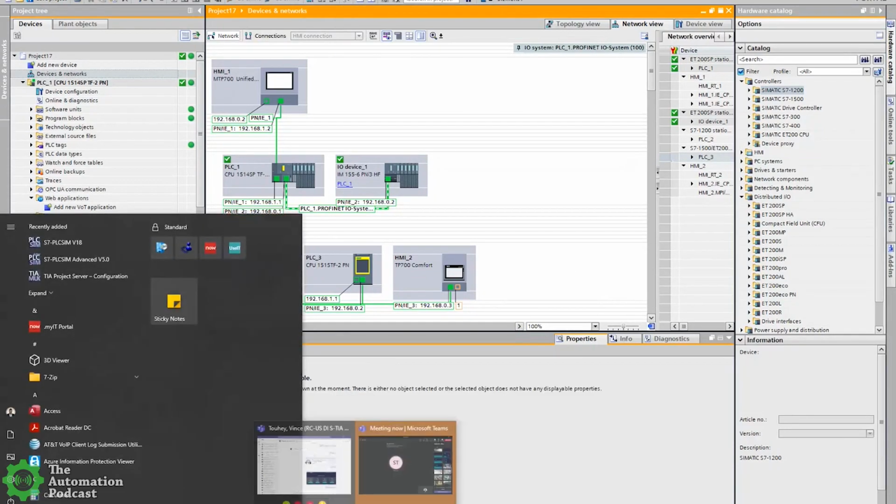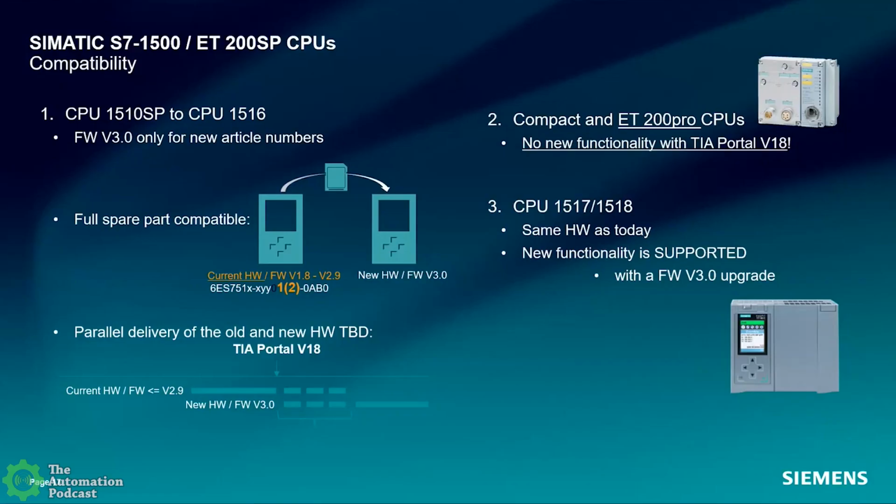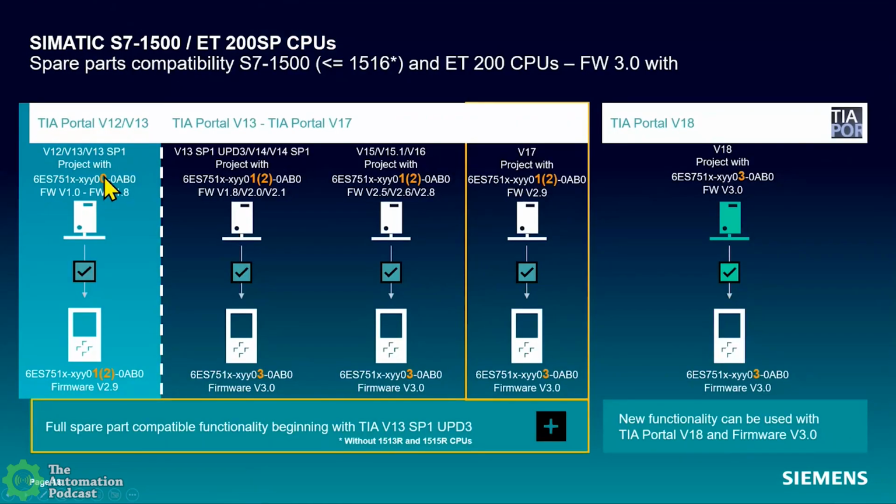Yep, exactly. With flexibility comes a little bit of need to be aware of the fact that it's got these nice features that allow me to be flexible, but you also have to engineer through it with when am I going to upgrade the device as well. Again, the previous generation 1500s were a 00, and those were firmware updatable up until 1.8. I think the time frame would have been 2015 potentially. Those were V12, V13 vintage hardware. The testing wasn't done on those devices, so